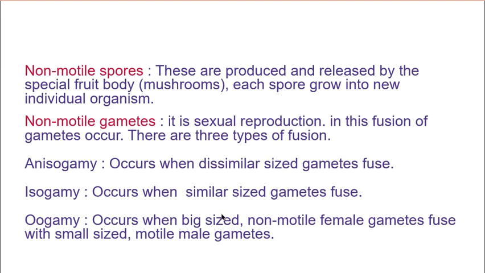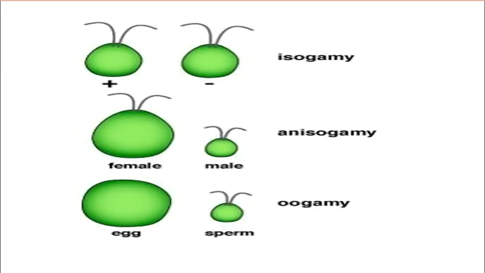Now we will see visually how they look. So this is the diagram in which isogamous reproduction is happening. How? When both the gametes are of similar size, and these are the flagella, these thread-like structures. What do they do? With the help of air or water, these flagella move, and with the movement of flagella, the spores or gametes travel from one place to another. So both of the gametes are motile and they are of the same size. This sort of reproduction is called isogamous.